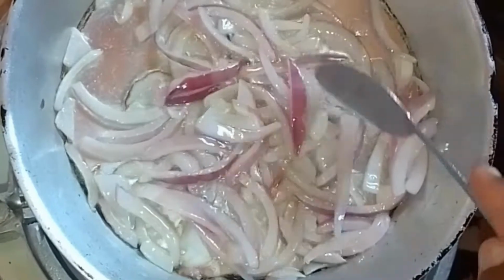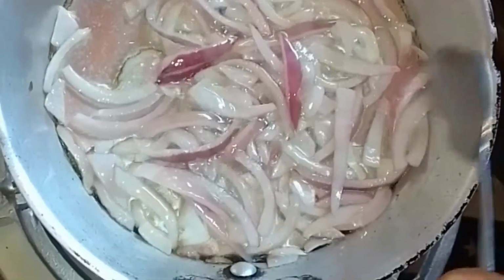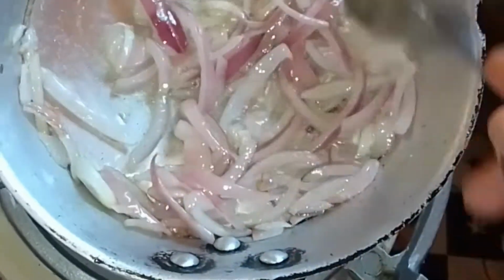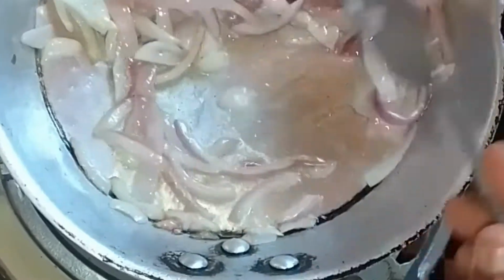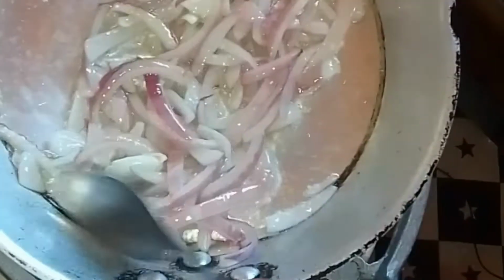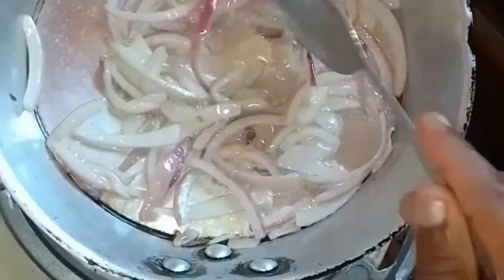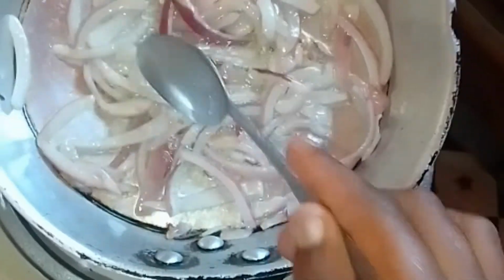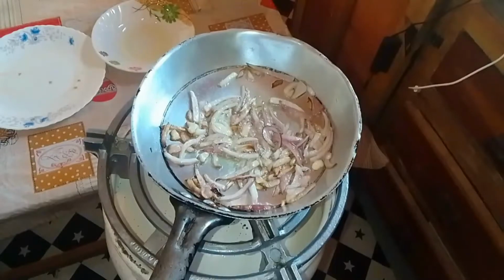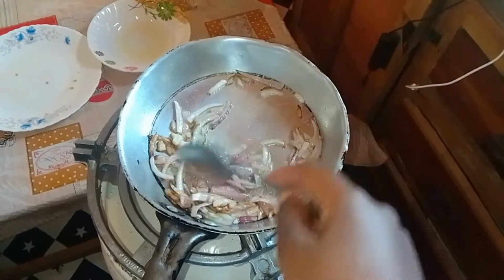So today I'm using a red onion, which I feel always gives the best results for me. If you have the other white onion, you can also use it. So we want our onion to turn golden brown. So I feel like my kitunguu is ready, and so